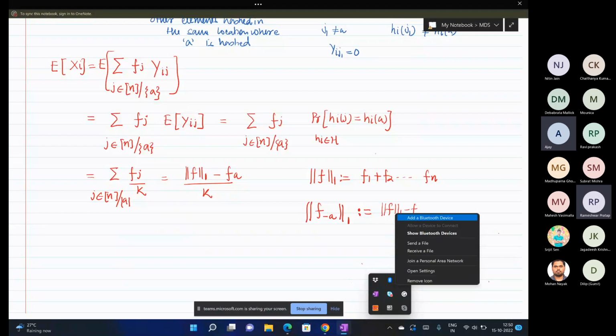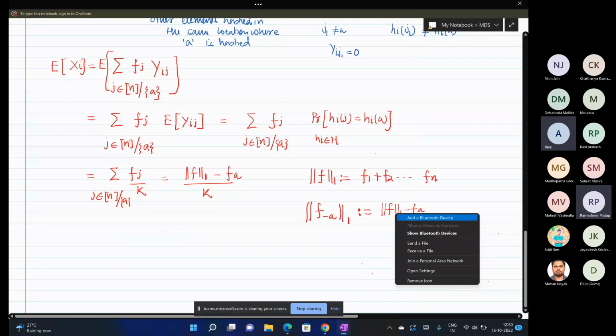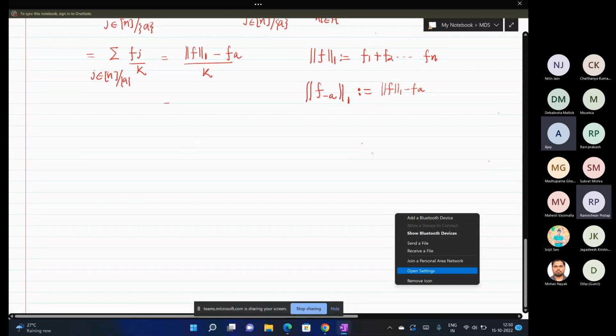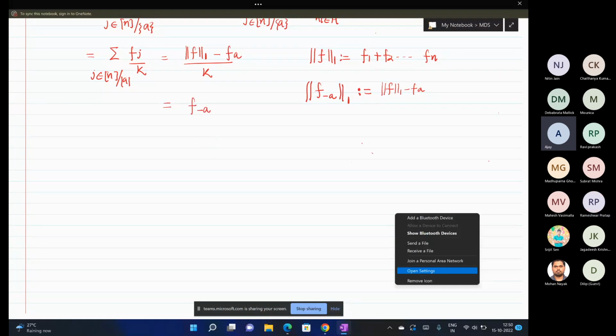F1 minus Fa. Okay. So I'm just rewriting this in a different notation for convenience. Okay, so our expected value of xi is